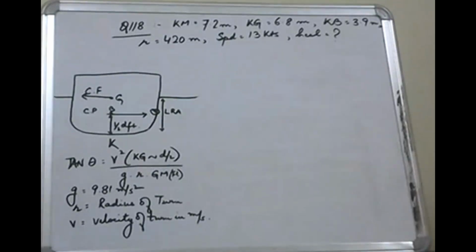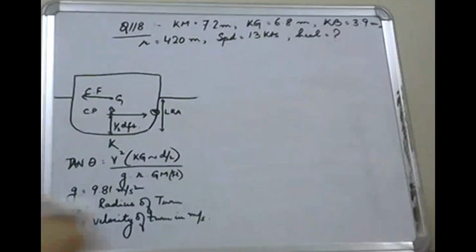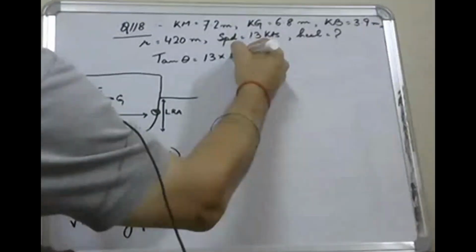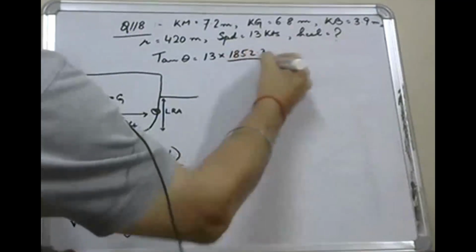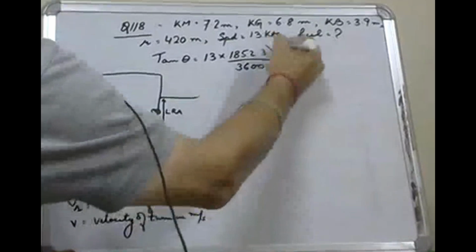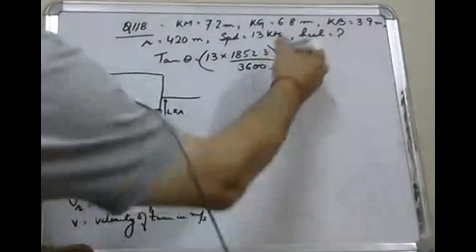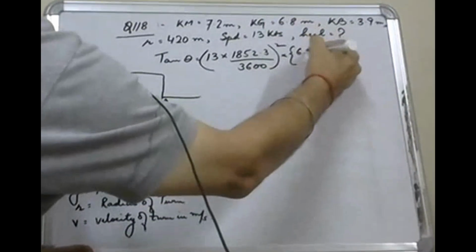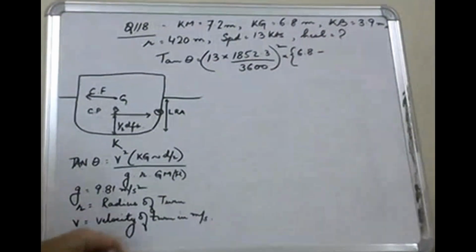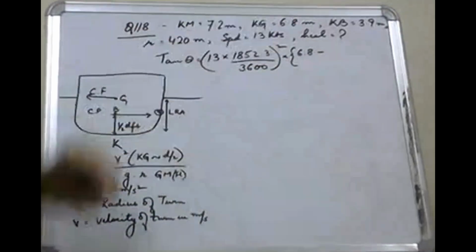सारी वैल्यूज आपको दी हुई हैं, आपको खाली यूनिट्स को put the formula. tan theta is equal to v square, velocity of turn in meters per second, 13 knot into meters per second, 1852.3 divided by 3600, v square whole square, v square पूरा का पूरा स्क्वायर हो गया into KG 6.8 माइनस d by 2, ड्राफ्ट नहीं दिया हुआ लेकिन KB दिया हुआ है, सो KB इज इक्वल टू d by 2